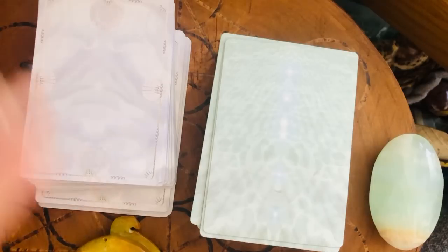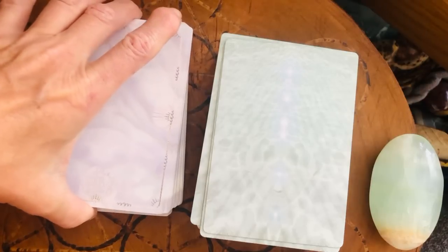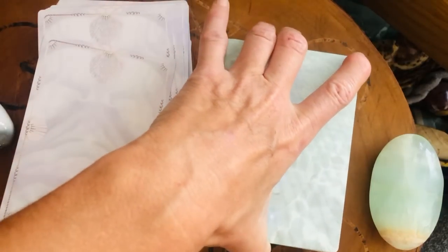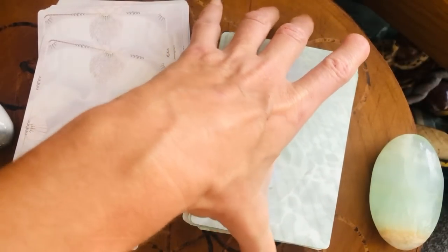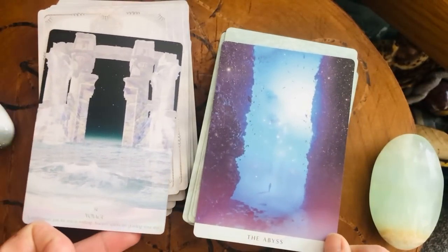Now let's pick another card. What else do we need to know? And where else do we need to go in this glorious girdle of sea that reaches around the globe, connecting and uniting us all? We go on a voyage now